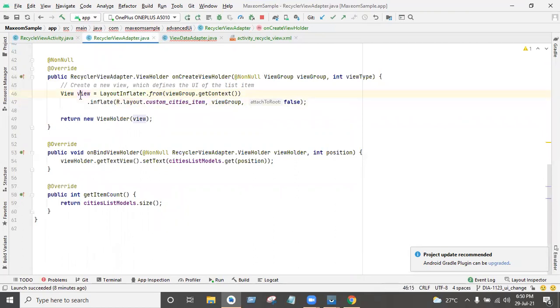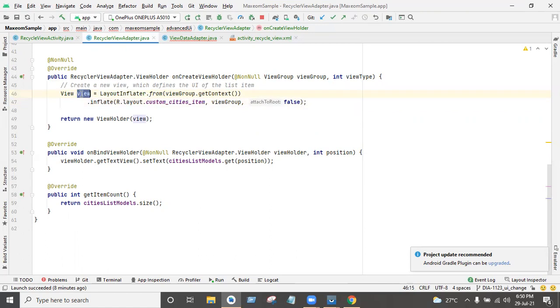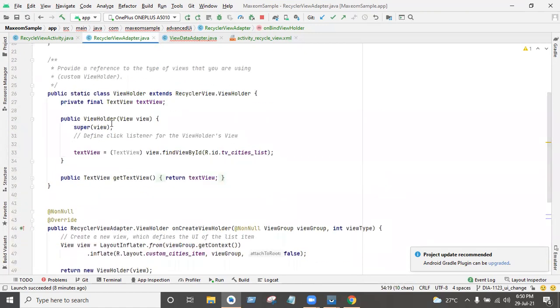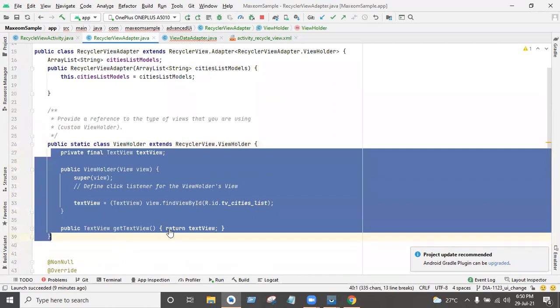So here, by using this, we can create a view, and we are returning that view by using this view holder. It will return this view holder to this onBindViewHolder only. Here we are getting the view holder, and here we are preparing that view.